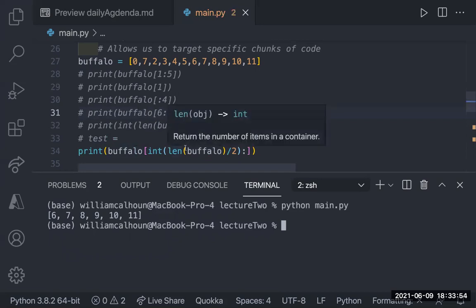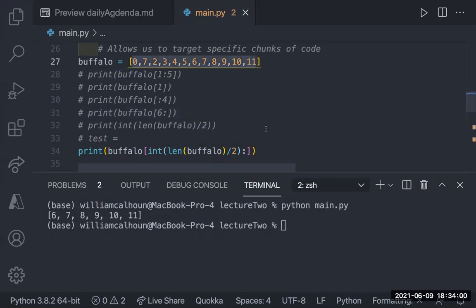Let's go. So if anybody wanted to know what was happening, I wanted to get half of this, the back half, right? And so what we did is we realized we have a built-in function called length. We use this whenever we used our JavaScript arrays as well. It was .length. This one's just len. This gets you the length of whatever list you pass through, which is Buffalo. Now we wanted that divided by 2, because if we had the length and divided it by 2, that would give us our middle point.